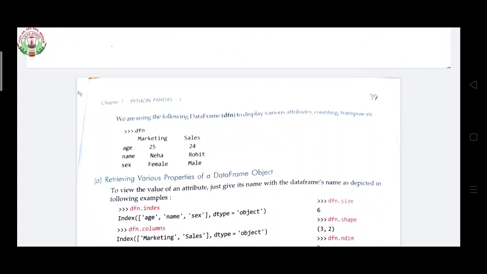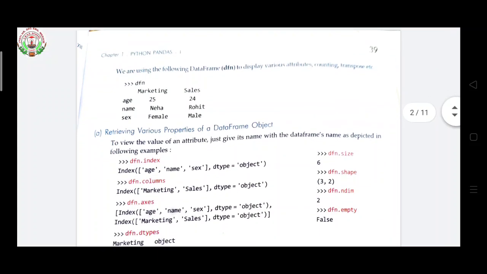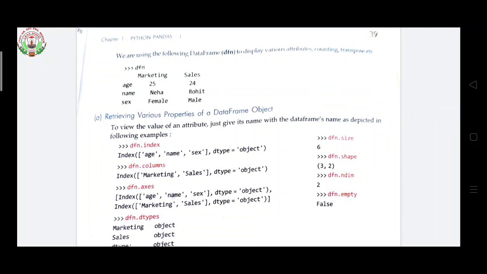Now, how will you retrieve various attributes or properties of a data frame? dfn is my data frame object and I am using dfn dot index. Index is my attribute name.